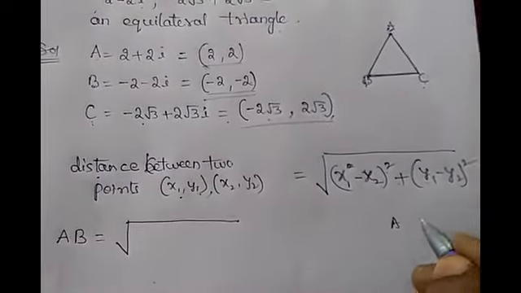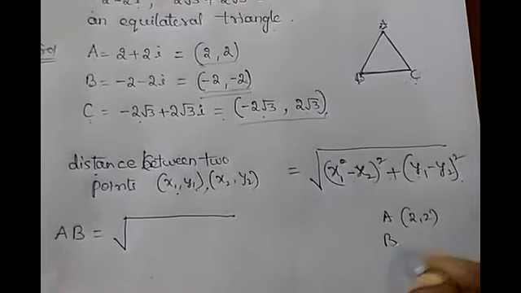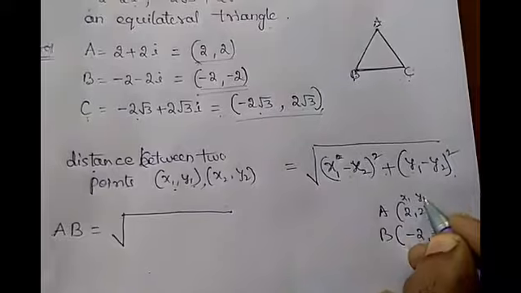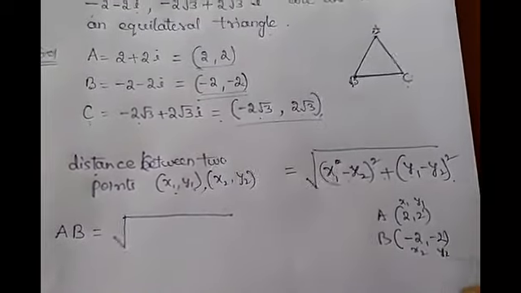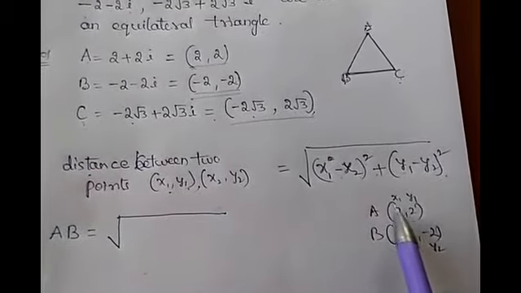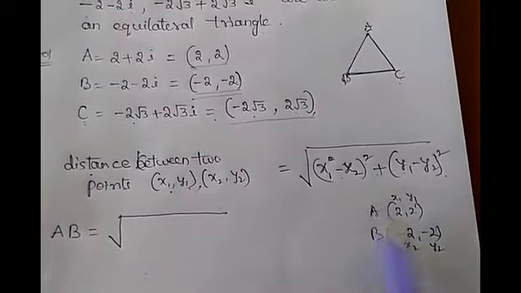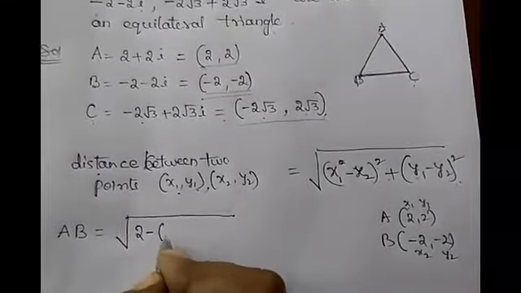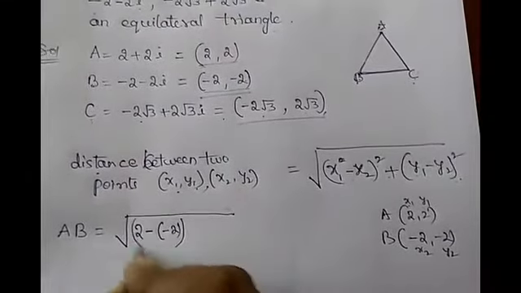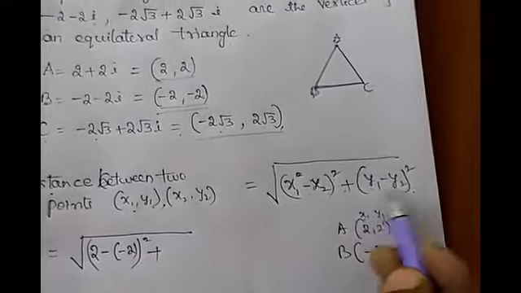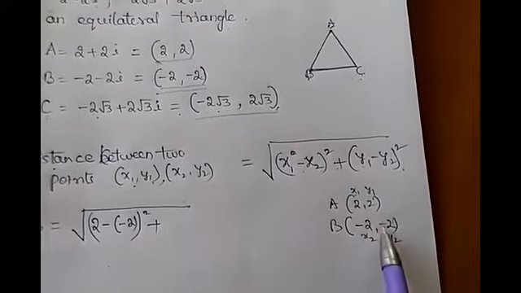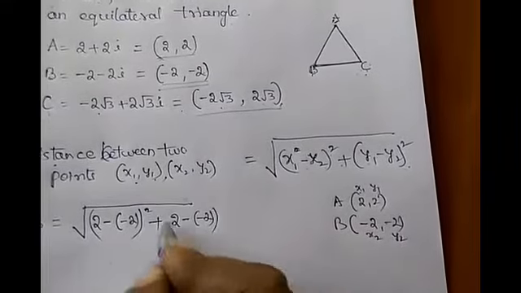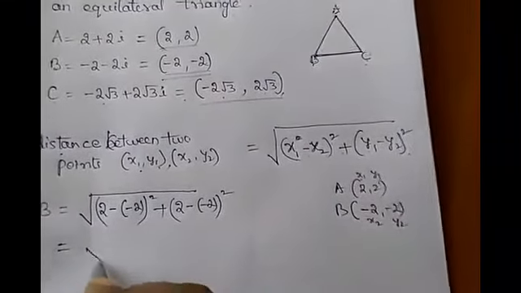Write the points A (2, 2) and B (-2, -2) as (x1, y1) and (x2, y2). Now, using this formula, x1 minus x2 means 2 minus of minus 2, whole square, plus y1 minus y2 whole square. Here also 2 minus of minus 2 whole square, which gives